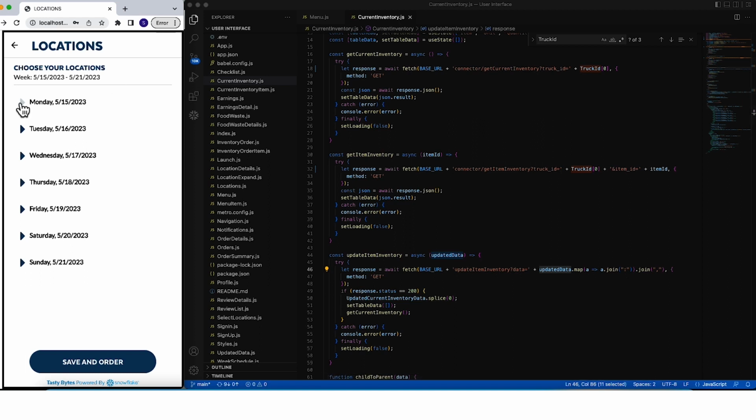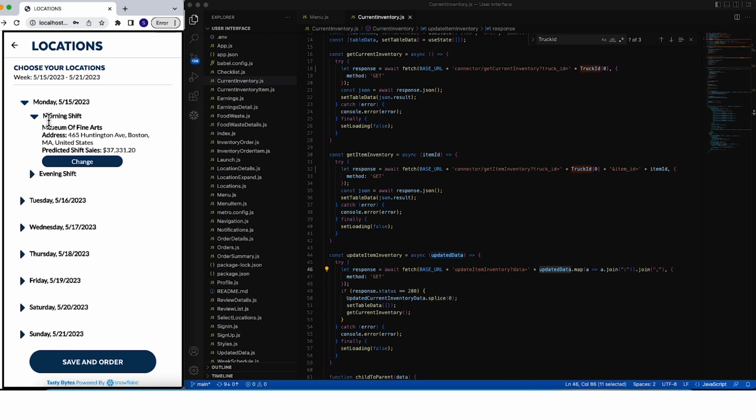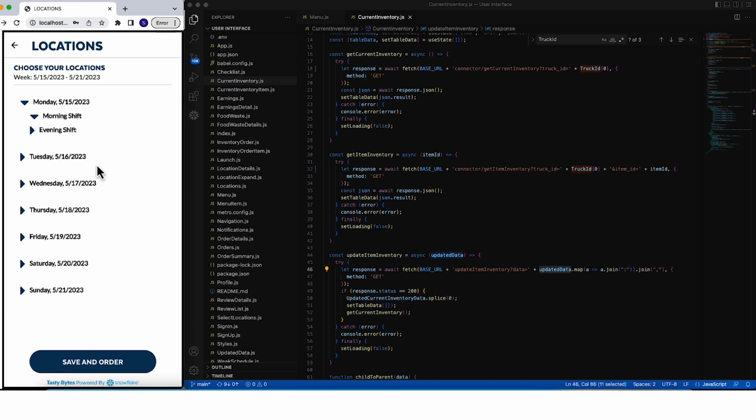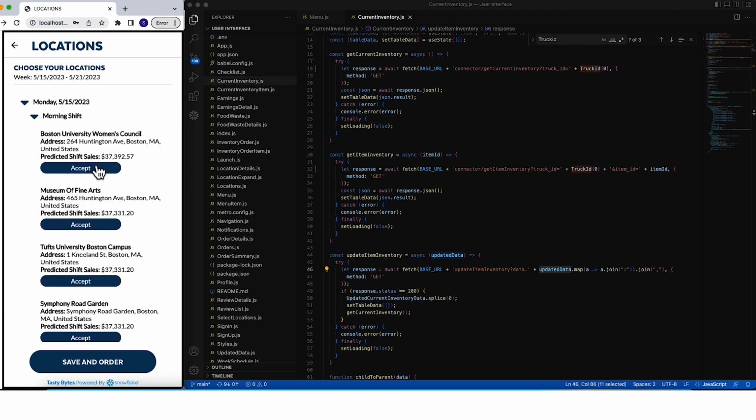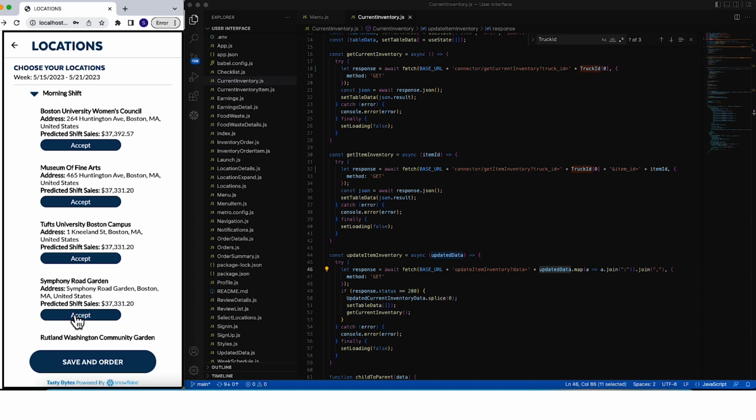So the driver can expand each day and shift and can see the location that was suggested. He can use the same one or change it by clicking on the change button here, which gives him the location recommendations for that given day and shift. This is again coming from the location recommendations machine learning model, which forecasts the shift sales, and we are ordering it by shift sales and displaying it here. He can accept one of the locations. If he would like to change the previous one, for example, if he wants to go to this one,